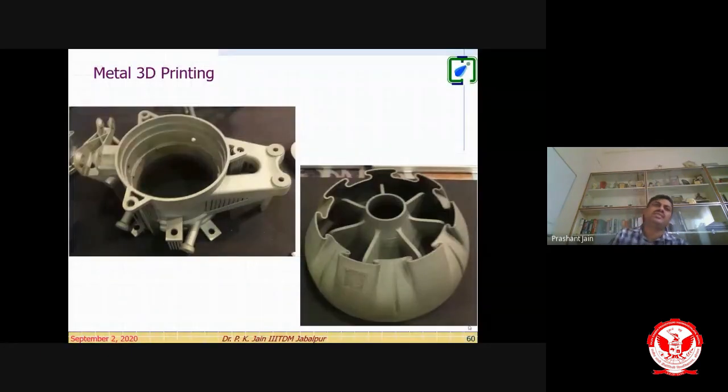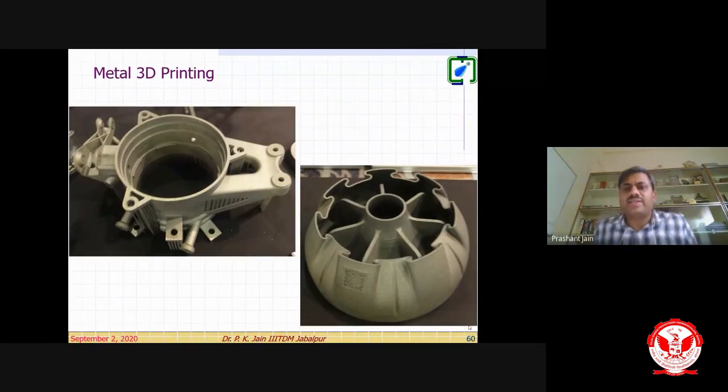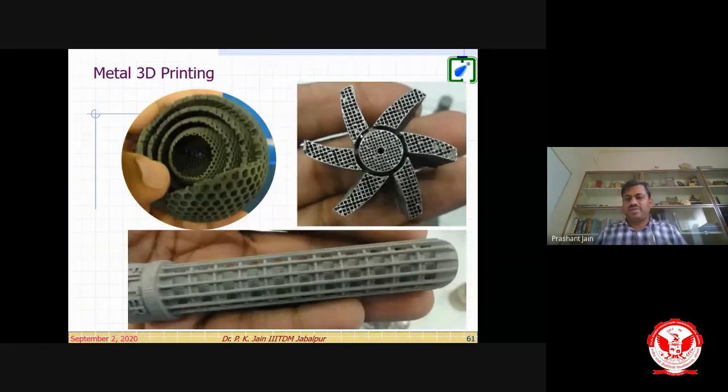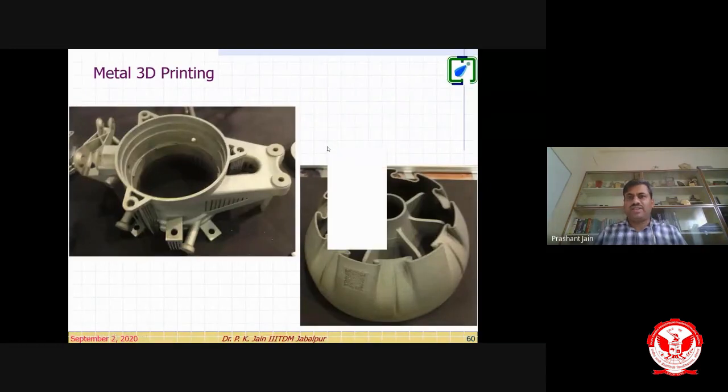Now look at this kind of metal 3D printing we can take up. Look at this, how many parting lines would be required if this is a surface? Would anybody like to respond to this question? Here, if we go for a casting process, right? What is going to happen with this casting, and then what is going to happen with this?